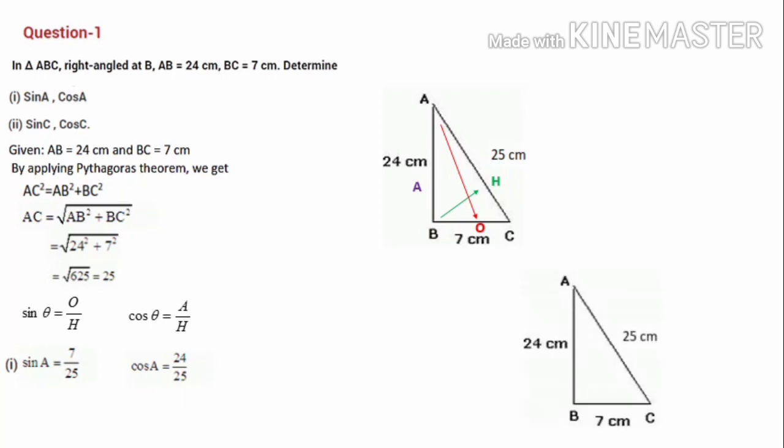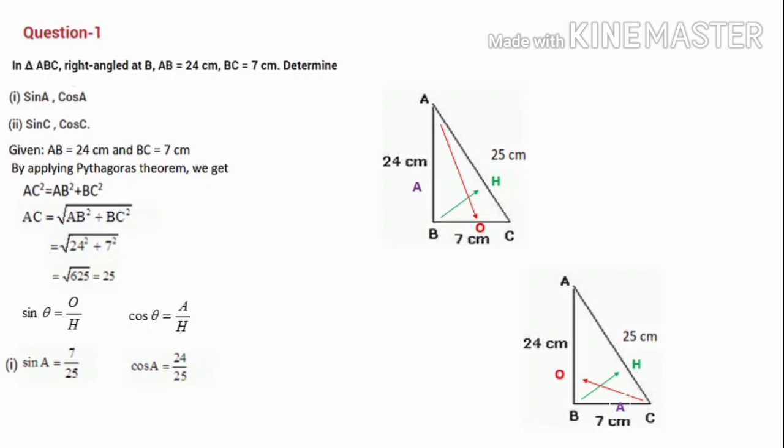Next, we have to go for calculating sin C and cos C. Here the angle is C. So let's take the triangle again, and here the angle is changed. Before, we calculated based on A, now you have to calculate based on angle C. So with respect to the given angle C, we have to mark the sides. First of all, we label the hypotenuse. Next, based on this C, we go for the opposite side. The side opposite to C is O, we have to mark. Then the leftover side, that is BC, we have to mark as A.